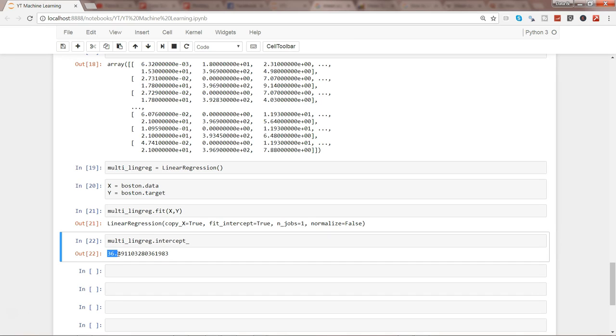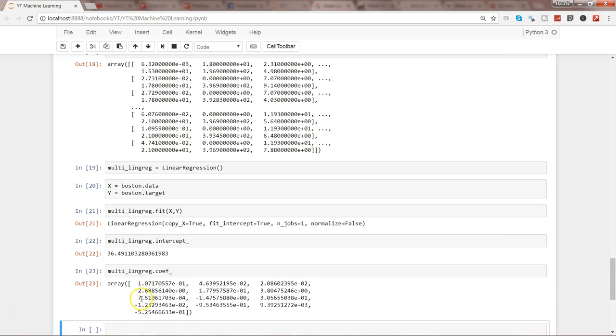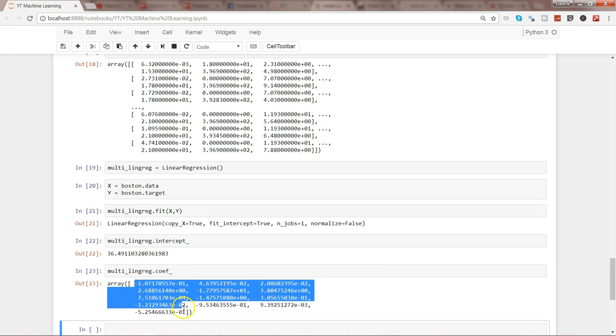So 36,490 is the value that will keep on increasing based on the variables that we have got. And the same goes for the coefficient, and we have these different coefficient numbers available, which will indicate how we will build our